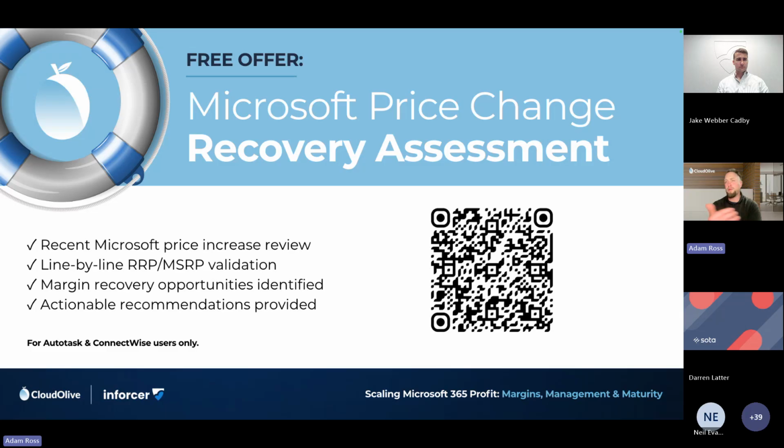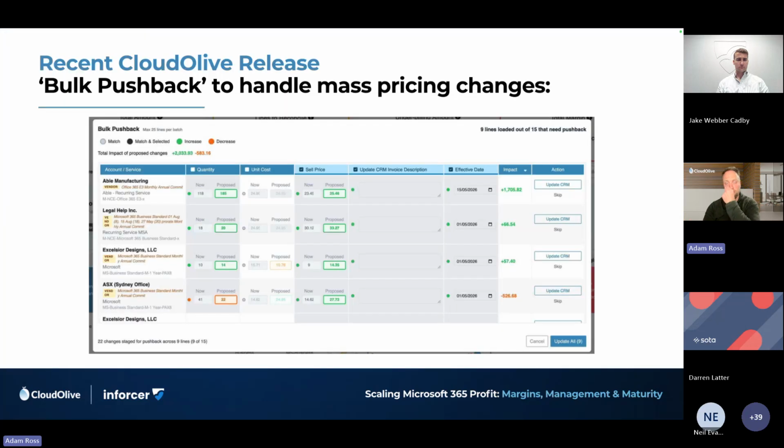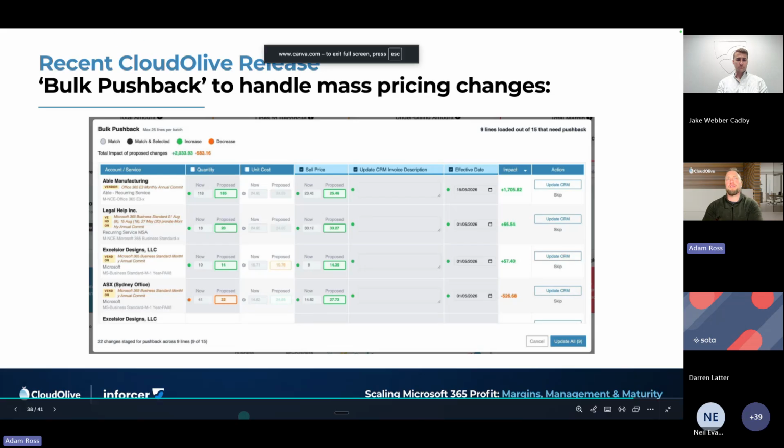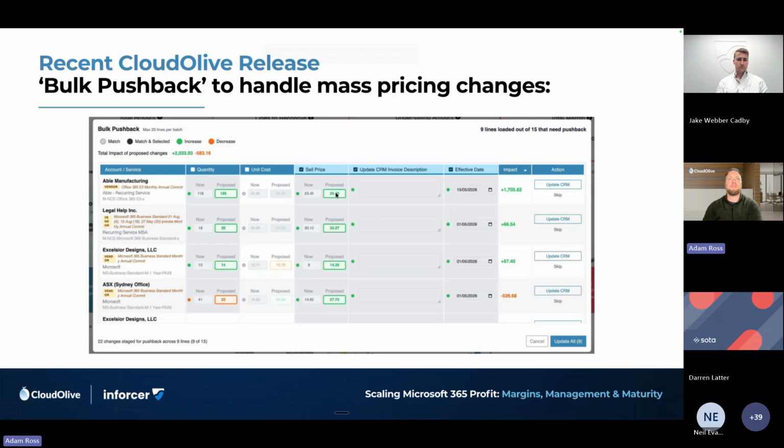Because I've talked about one mistake in Microsoft, there's a 6x multiple, unfortunately, that you can't get back once it's gone. And what this would mean and look like is, so this here, very simply, right? This is the current sell price. This is the RRP. If it's off, you can see it before you commit. So we want to present this back to you. You decide what you want to do with that information, very simply.